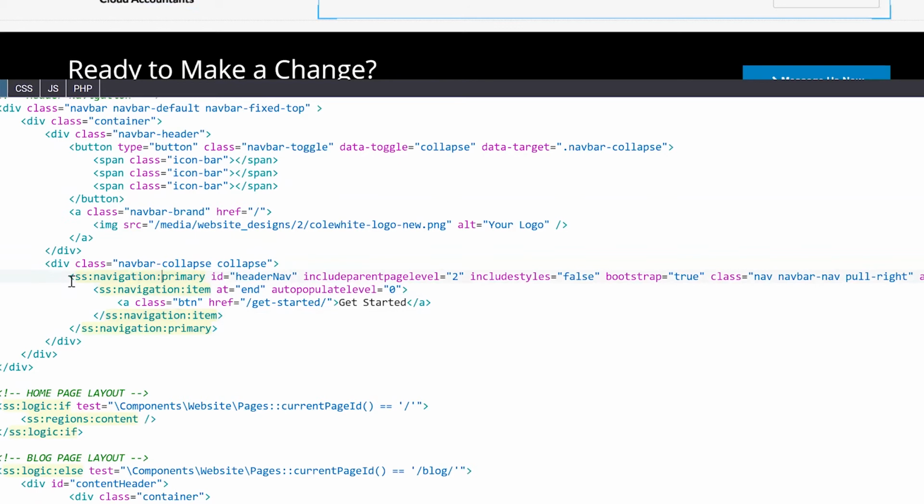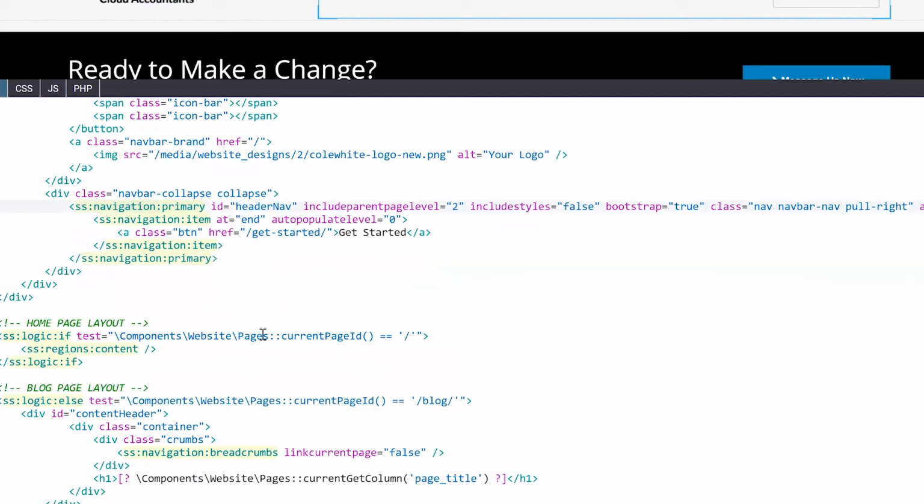This is basically so the navigation tag will parse out an unordered list that reflects the page structure in the dashboard. So that basically gives your clients the ability to update the navigation menu and put new pages and things like that in there. Scrolling down a little bit further, I have another common Synergy 8 tag, which is our logic tag. This is basically a logic if statement that says, if the current page is the home page,